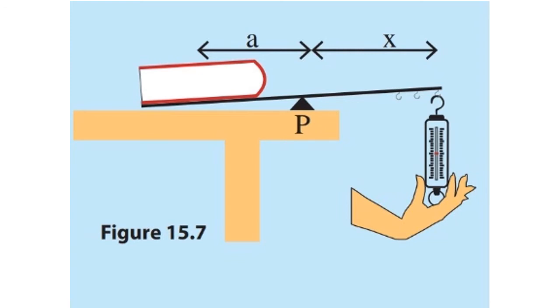Take the reading of the balance. Keep the distance of the book to the support A constant and take several readings by changing the distance of the support to the place where the reading balance X is coupled. Take several readings by keeping values greater than A and less than A. In each situation, observe the movement of the place attached to the wooden strip.